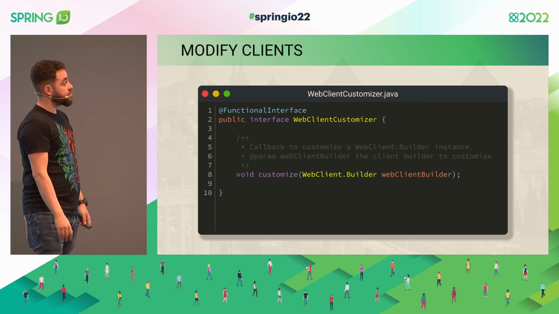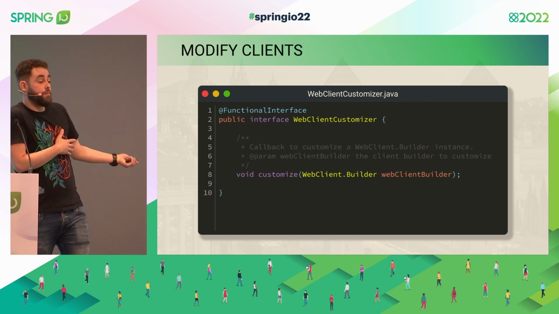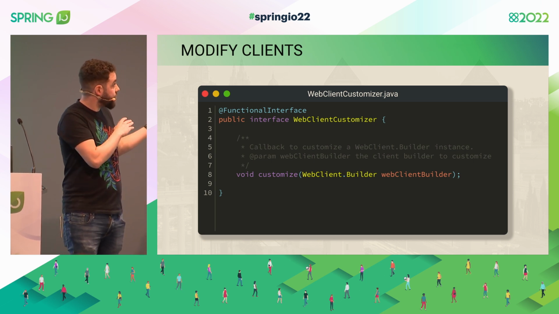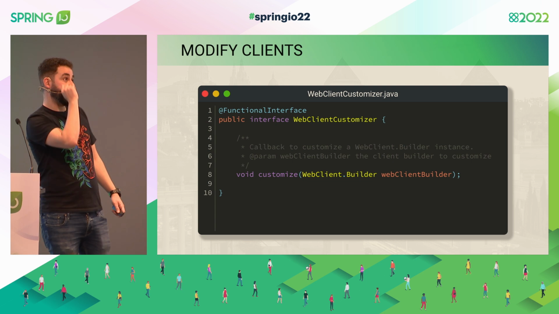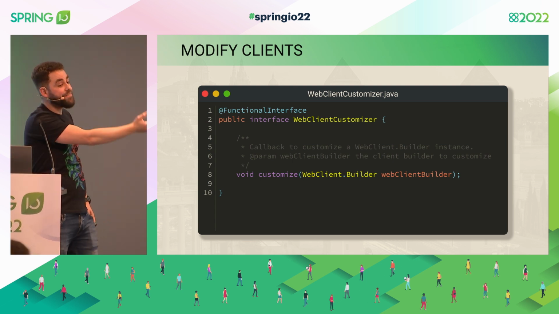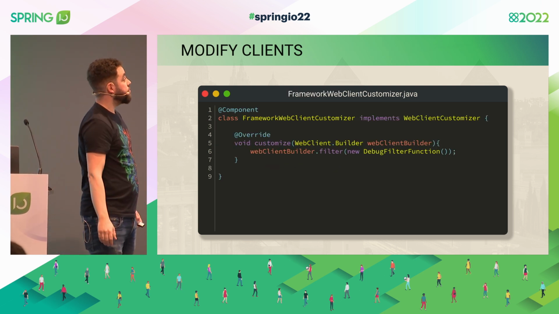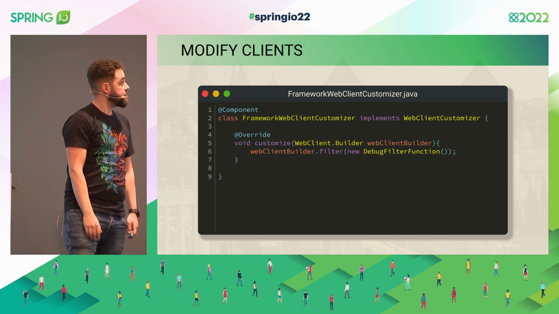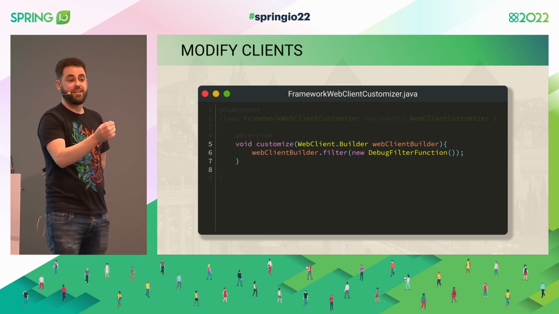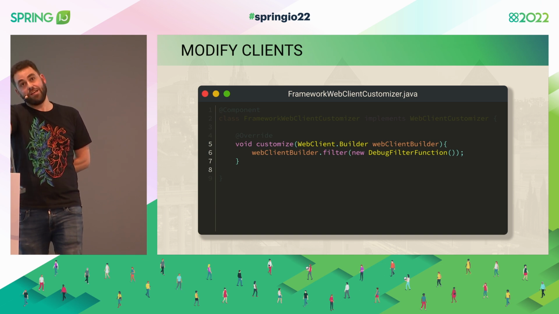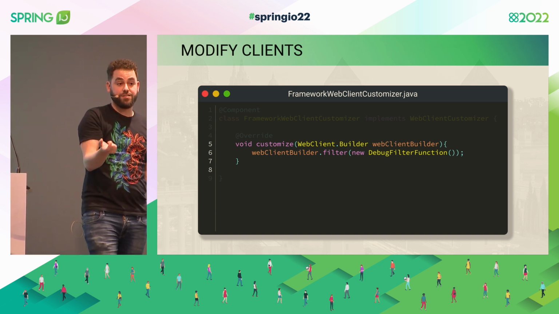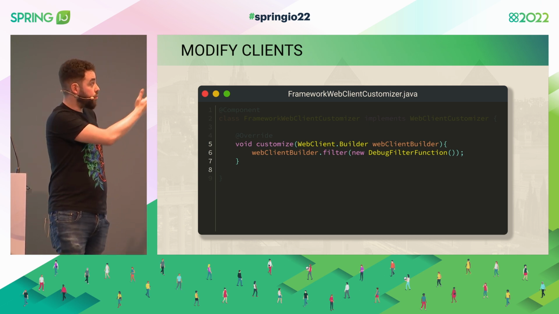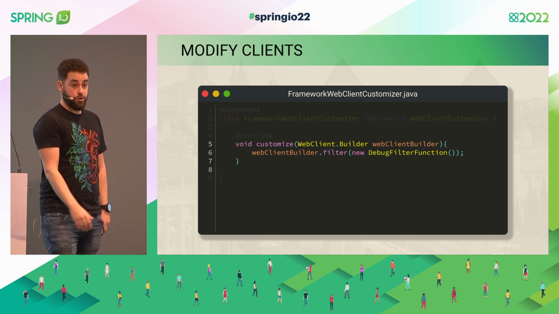And for web client, it's actually slightly better. You have also web client customizer. You can add it to the context also. In this case, you don't have access to the REST template that is being created by the builder. You actually directly have access to the builder. So what you can do is just provide your own implementation and say, OK, just add the filters. Again, we're just copy-pasting, actually cutting and pasting, the lines that we would do on the clients manually from the application. And instead, we are just doing it directly from our components in the framework.